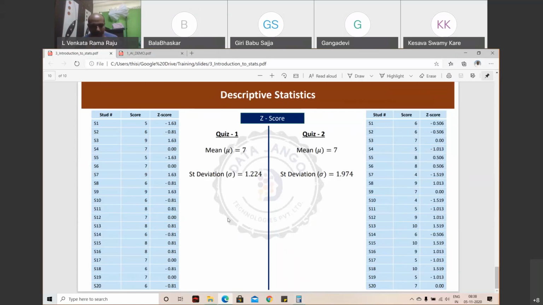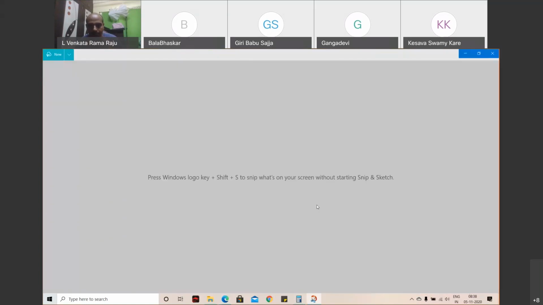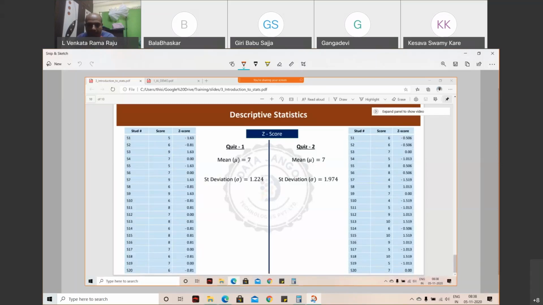Okay, good. Let me try to take a screenshot and explain. What I did here is put the formula in reverse mode, so that they can understand. So Z equals X minus mu divided by standard deviation. You put X equals mu plus sigma into Z. That's how we got confused: you added 7 and multiplied. Let me handle it one way, otherwise they'll get confused. I took one path, let me go all the way, and then we'll come back.